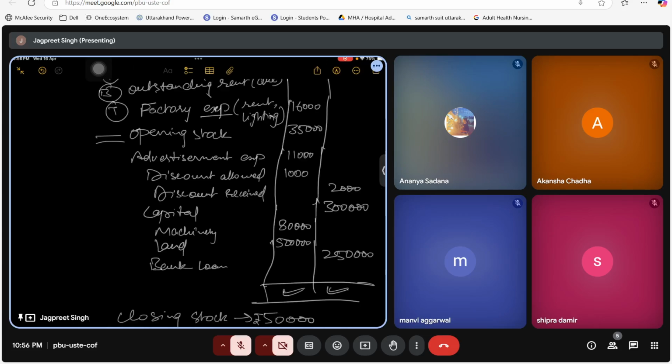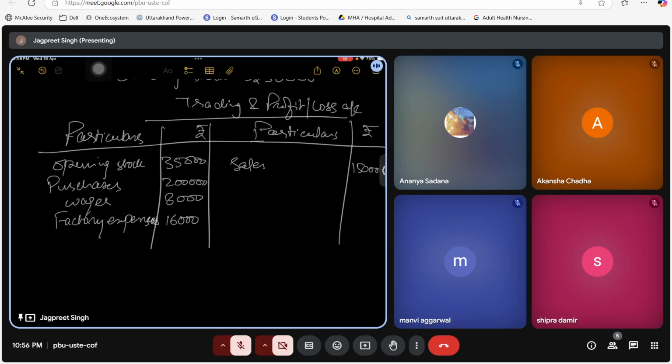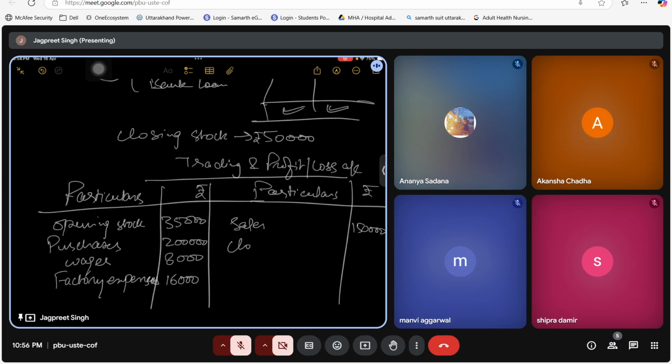और कौन से हैं, ओपनिंग स्टॉक हमने डाल दिया है, ये भी ट्रेडिंग का है। एडवर्टाइजमेंट प्रॉफिट एंड लॉस का है। डिस्काउंट अलाउड प्रॉफिट एंड लॉस का है। डिस्काउंट रिसीव प्रॉफिट एंड लॉस का है। कैपिटल बैलेंस शीट का है। मशीनरी, लैंड, बैंक लोन, सब बैलेंस शीट के हैं। तो देख लेते हैं, हमारे पास सेल्स है यहाँ पे और क्लोजिंग स्टॉक दिया हुआ है। क्लोजिंग स्टॉक है 50,000 रुपीज का।